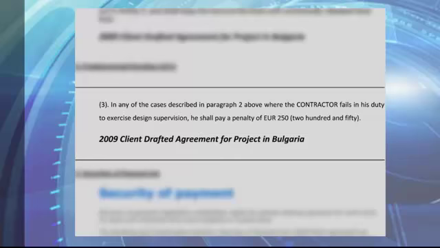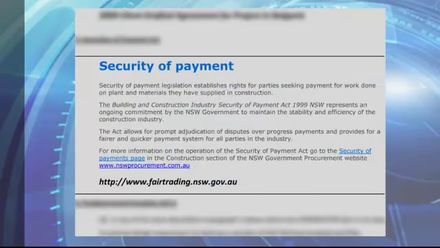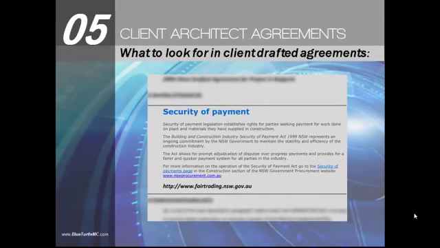Now, unfortunately, there will also be times when a client drafted agreement may include clauses that are in conflict with a law or statutory right. For example, in Australia, there exists a Security of Payment Act, which loosely translated means that any person or company who performs work or supplies goods under a construction contract is entitled to receive and be able to recover progress payments for said work or goods. Any attempt by a client to modify or restrict this operation goes against the intended nature and purpose of the Security of Payment Act, and therefore should be addressed and removed from the contract.